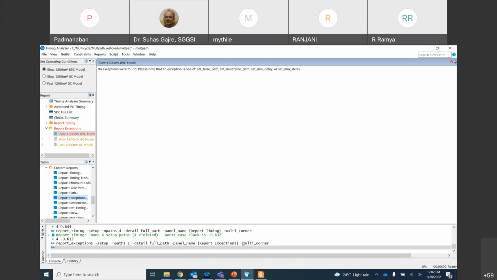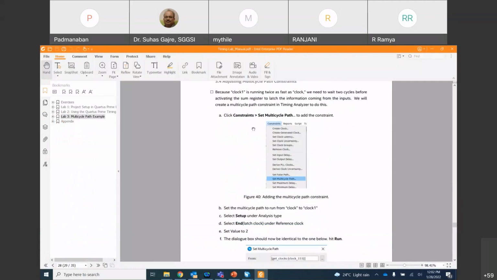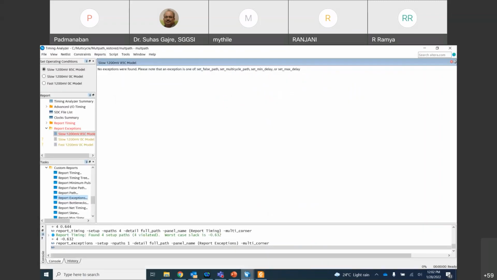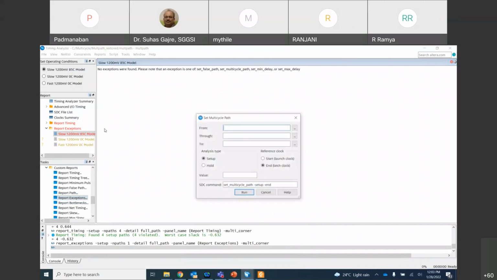Okay, how do we apply that right now? That's what is provided here in the lab manual, so follow the same steps. How can I do that? We can open the constraints and say set multi-cycle path. So constraints, set multi-cycle path. Here you can see from and to. To means it is going through what kind of lookup tables, ALMs, that information you can provide through the net. If not, you can directly give from and to. So if I say here from,